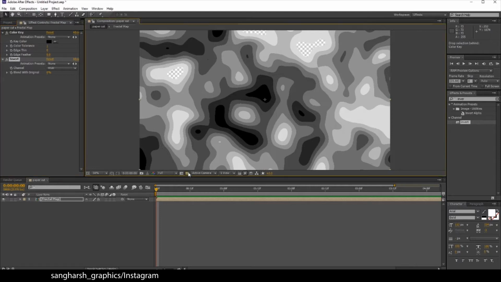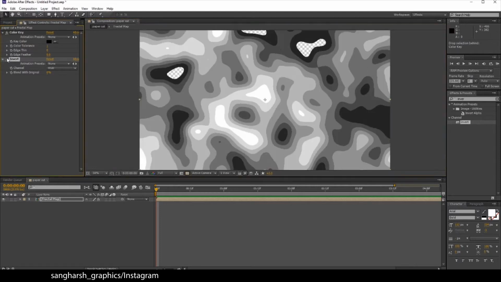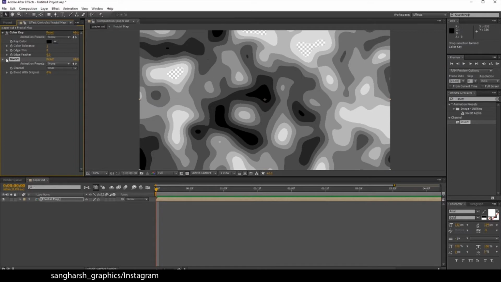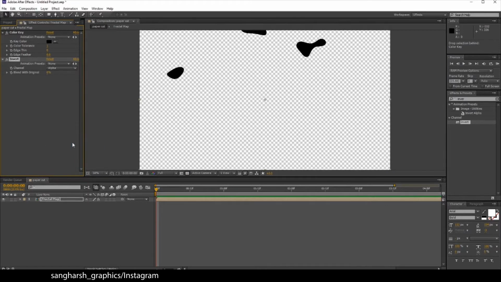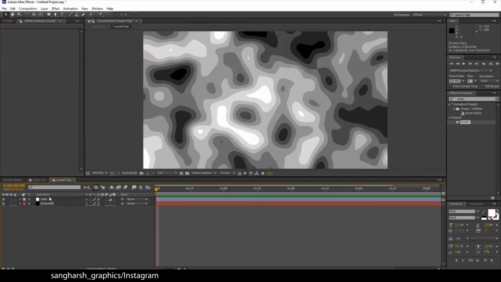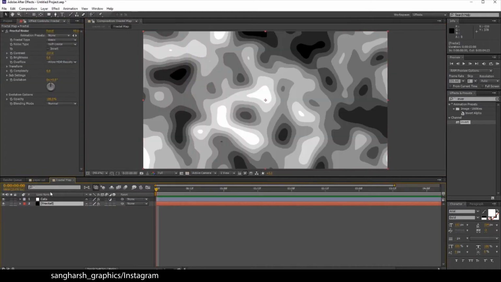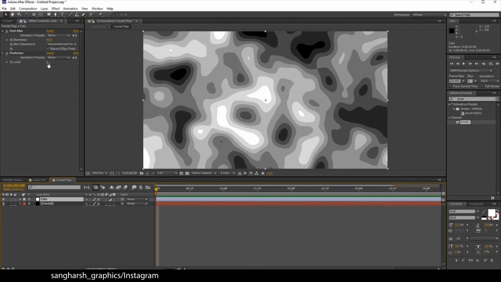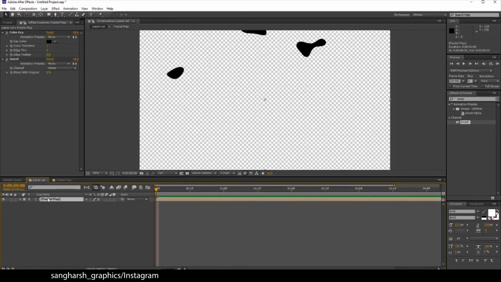Now you can see, okay, let's turn it to alpha, and now you can see we have left only the black. Now we have 8 levels done in fractal noise. Here in cuts we have 8 levels of posterize, so we need to duplicate this fractal map 8 times.